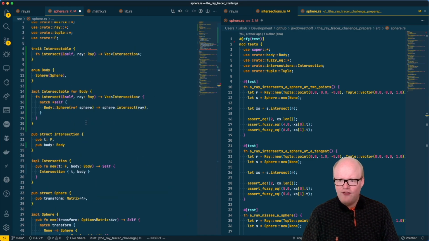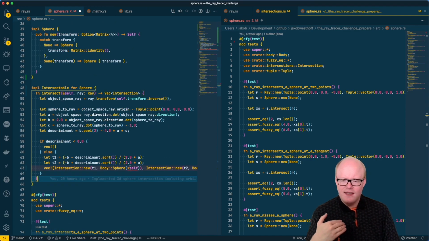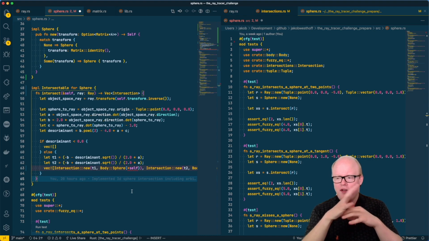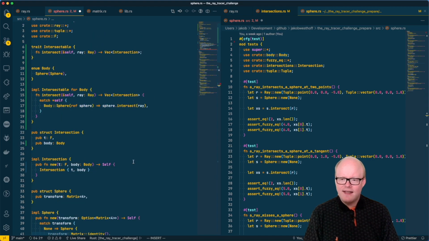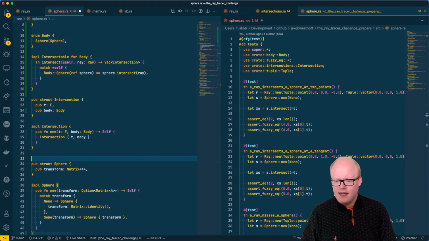But we can easily fix this. We could put a reference in there, but the problem with a reference is that the compiler would then need to know how long it lives, and we would have a lot of cross-dependent reference lifetime problems. And essentially a sphere is not a big construct in memory, so we could easily allow the compiler to just